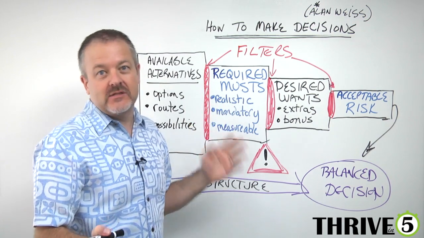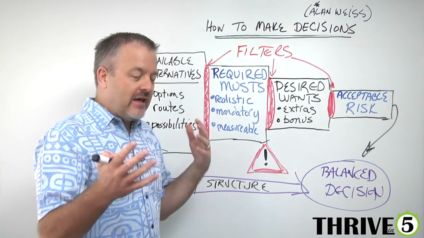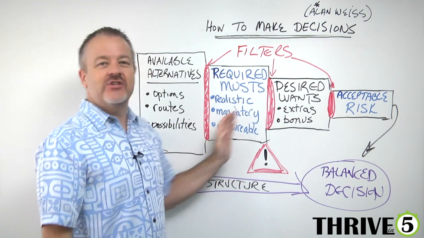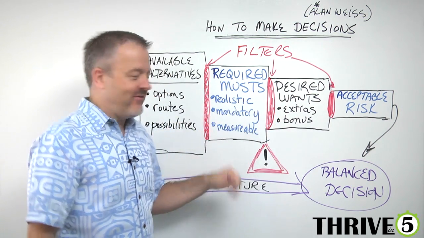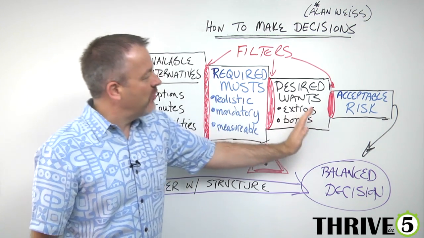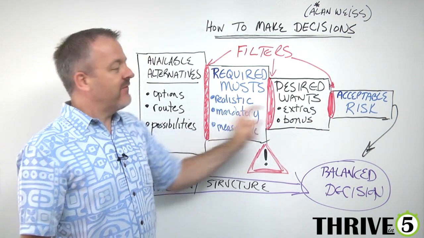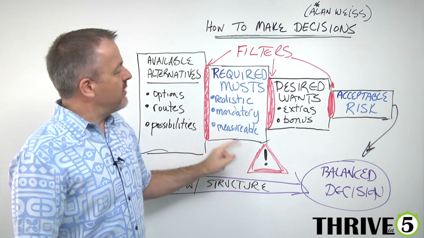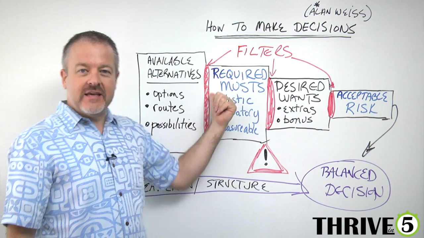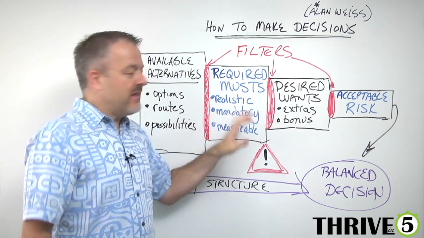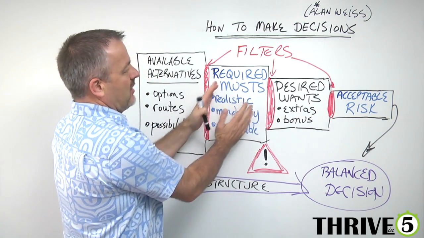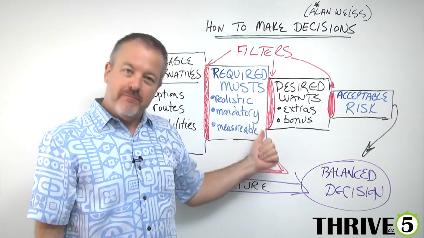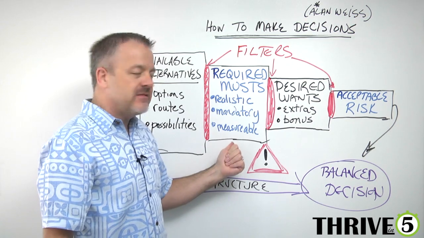Or your required must might be you've got a kid, or you've got 3 kids, or 5 kids. If you've got 5 kids, you can't go in a Tesla. You've got to go in a minivan. So the musts have to outweigh the wants. A lot of times, and there's a caution right here, people negotiate their musts to get their wants, and they get it backwards. They go, okay, I'm going to give up my musts to get my wants. The problem is if you do that, you make a bad decision,